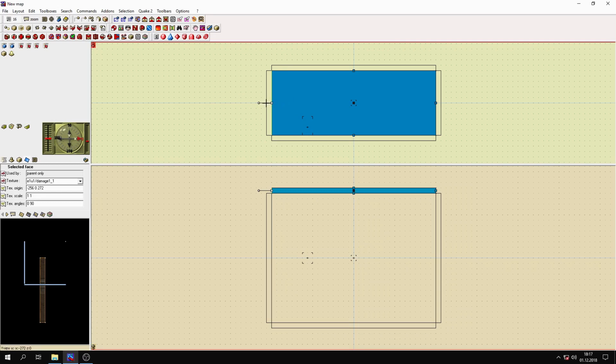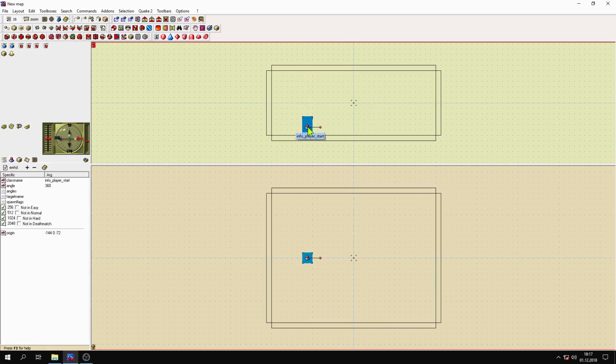Let's go back one step. How do I orientate myself on the map? This rotary thing gives me a chance to rotate the map, but that's not what I want. If I rotate the map too much, I will be lost. Sometimes it's needed, but most of the time I focus on the starting position of a player, and I don't add any other starting position than this one until I finish or almost finish the whole map. So this is my starting position, and this